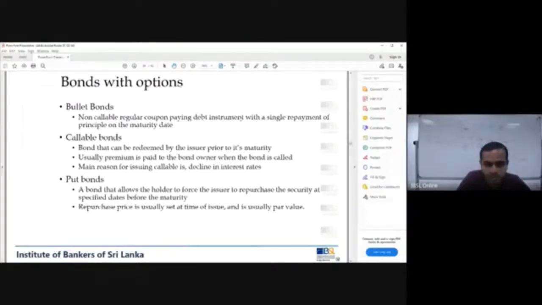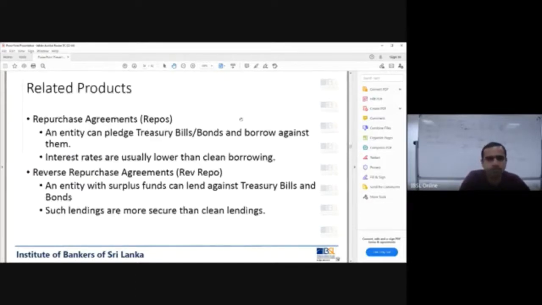A puttable bond is a bond that allows the holder to force the issuer to repurchase the security at a specified date before maturity. Right? So if interest rates go up, he will simply sell it to the issuer. The repurchase price is usually set at the time of issue and is usually par value. Then related products which are based on fixed income securities,